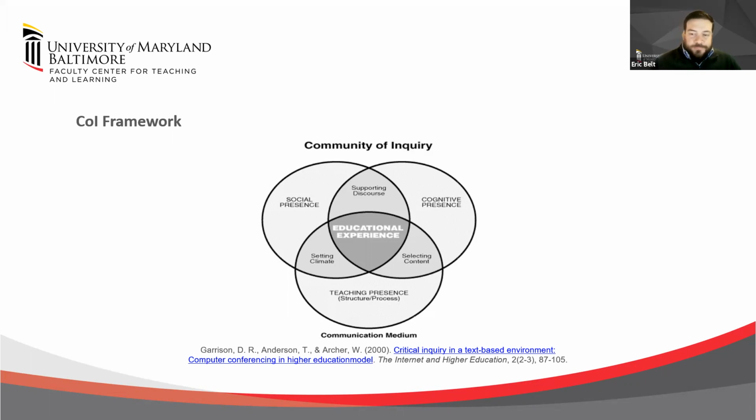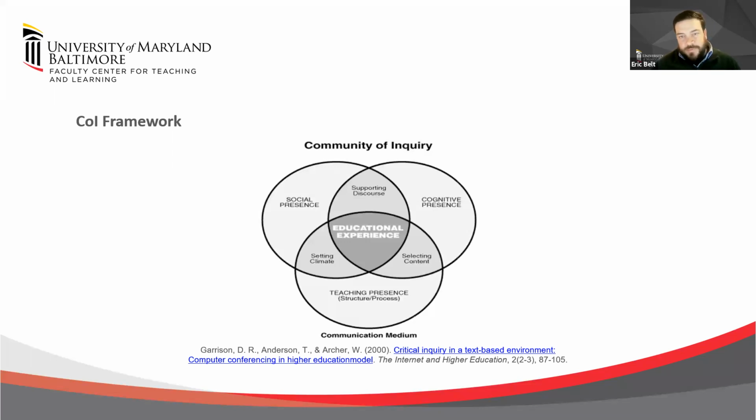So teaching presence, as defined by Garrison and his colleagues, is the design and facilitation and direction of cognitive and social presences or processes. And then the cognitive presence is the extent to which learners can construct and confirm meaning through sustained reflection and discourse.